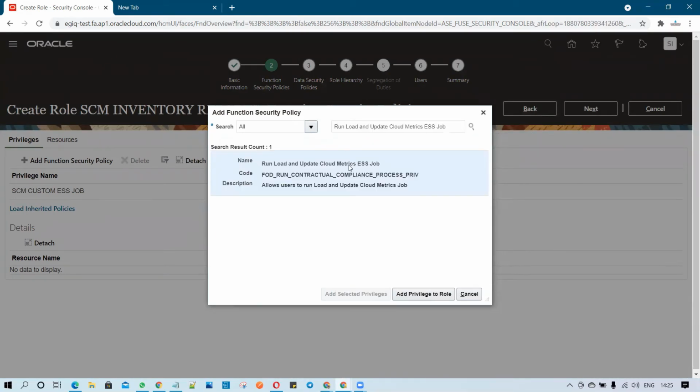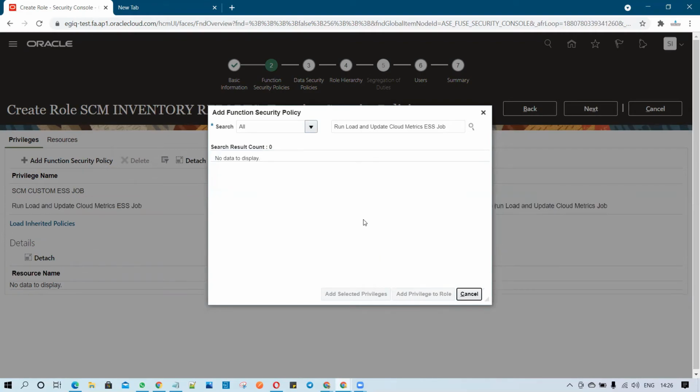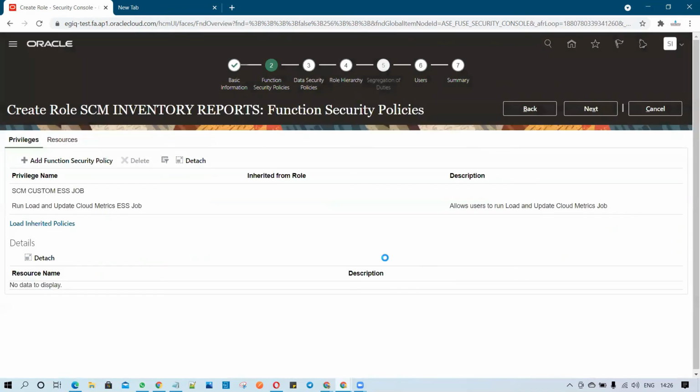So let's assume this is a custom ESS job, and I want to grant my user execution access for this ESS job. I have to add the privilege to the role and click on Cancel. So I have added the created privilege to the role. Now I have to click on Next.